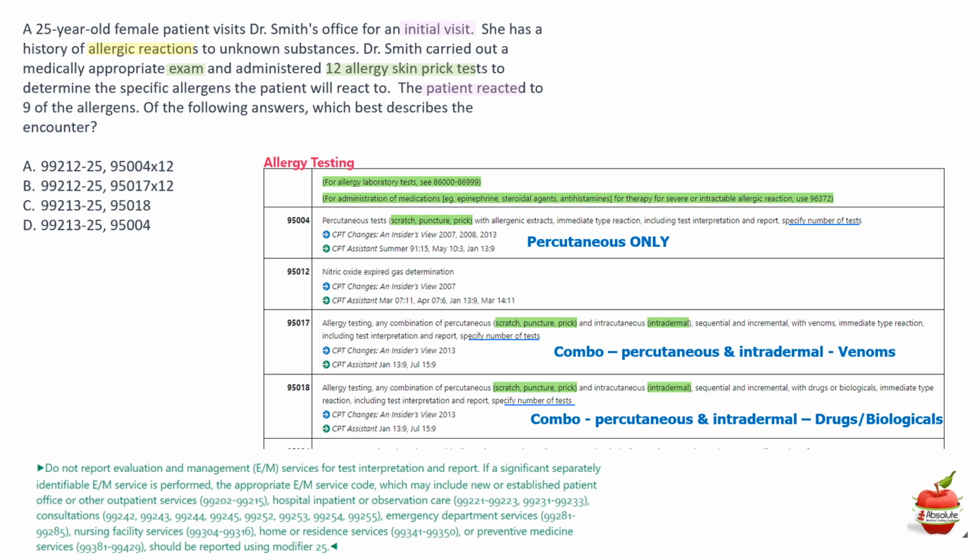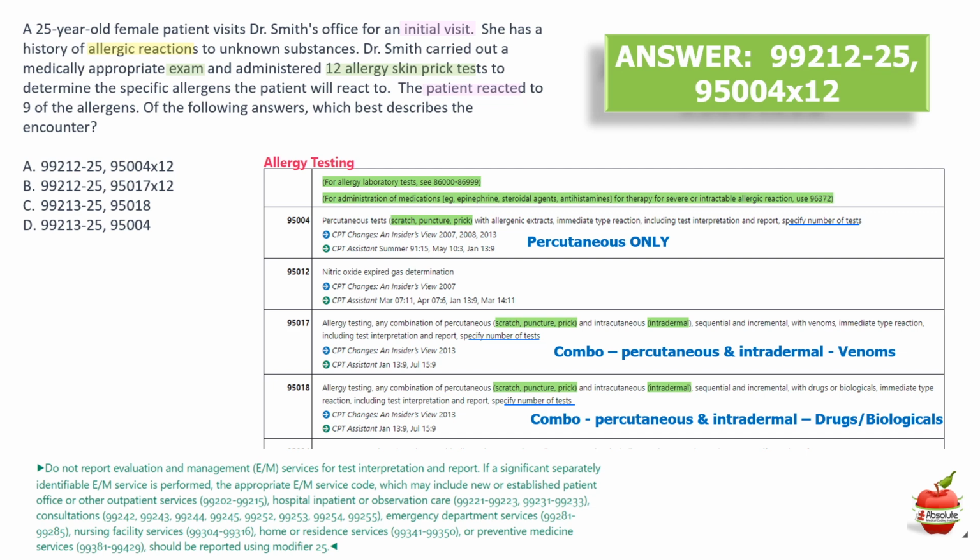So if you look, she came in for an initial visit. The doctor carried out an exam and administered the skin prick test. We're not trying to determine the level of the E&M code at this time because we don't have to. Let's go ahead and get rid of those things that are unnecessary. The answer is A, 99212 25 modifier and 95004. And the reason, well, we already said C and D are eliminated because they're not coding